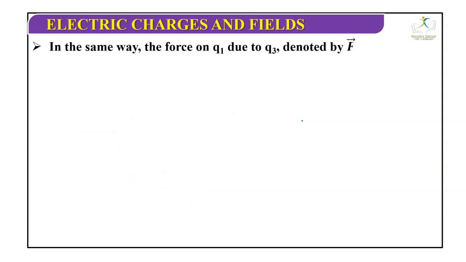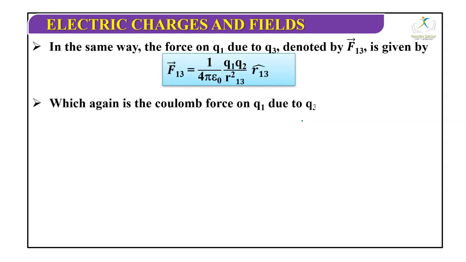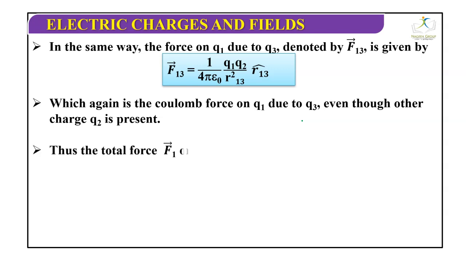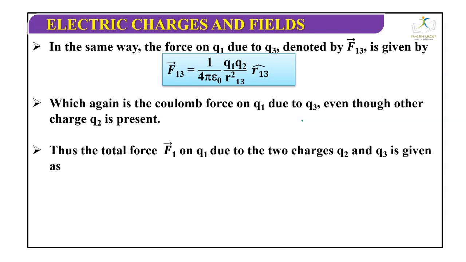In the same way, the force on Q1 due to Q3 is denoted as F13. That means F13 is equal to 1 by 4 pi epsilon naught Q1 Q3 by R13 square, R13 cap, which is again the Coulomb's force on Q1 due to Q3, even though the other charge Q2 is also present. So thus the force F1 on Q1 due to the 2 charges Q2 and Q3 is given by